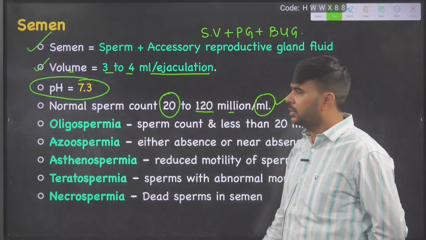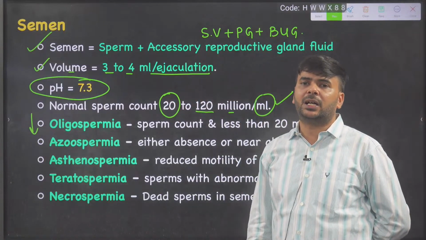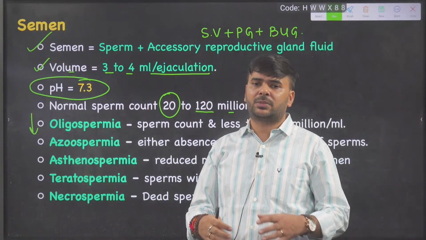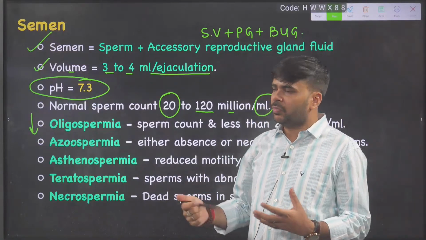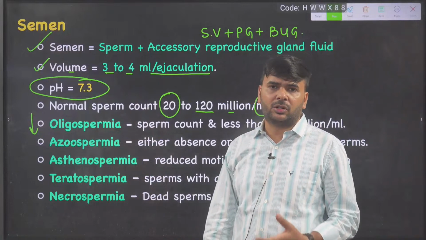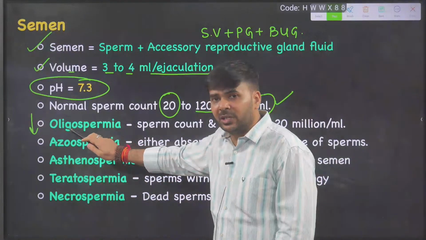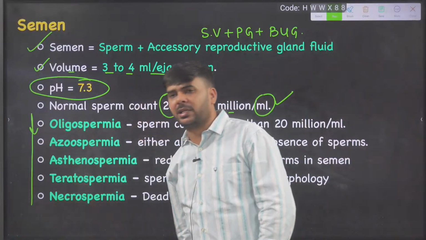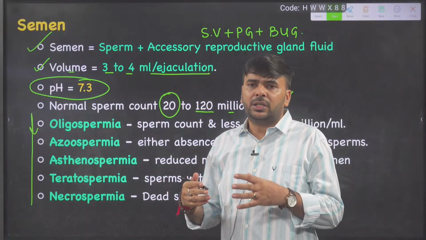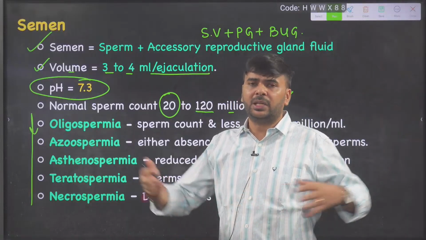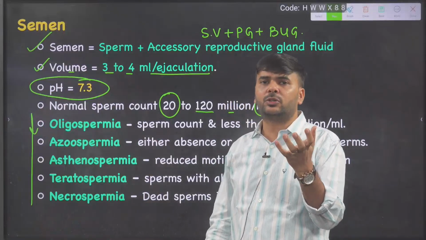Then sometimes there is a low sperm count. Then the males are not fertile, meaning they can't make babies, or they are not going to be a father. Failure in the fertilization of the ova by the sperm, this condition is called infertility. Now I'll explain infertility conditions. Why would a male be infertile? Many possibilities and types are there. A few we can discuss related to sperm.